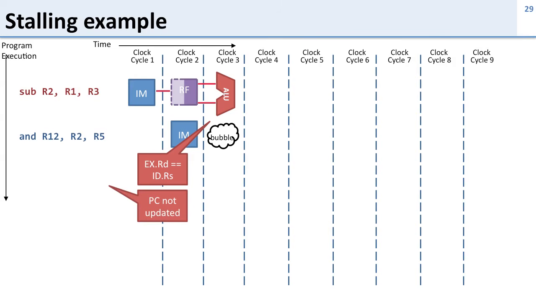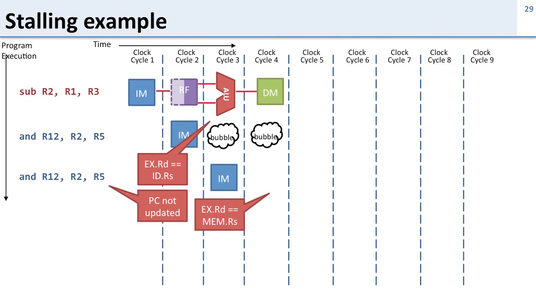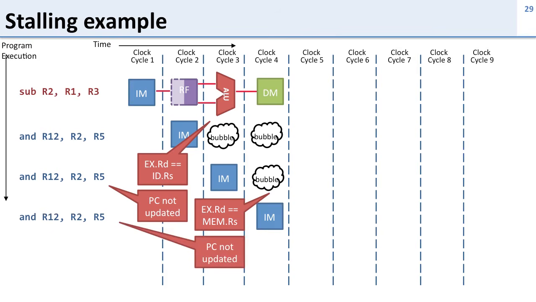Because we've got a bubble, our PC is not updated, so in the next instruction we're going to have the same one we had before. So now we can go ahead and execute our next cycle, and for this next cycle we're going to detect that the execute stage destination instruction is the same as the memory stage's source instruction. So we need another bubble. We insert the next bubble, and again, because we inserted a bubble, our PC isn't updated,